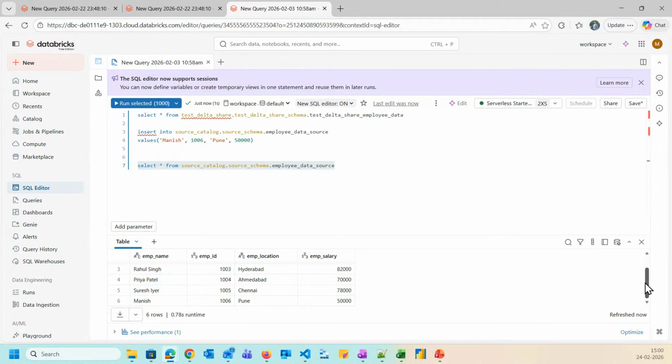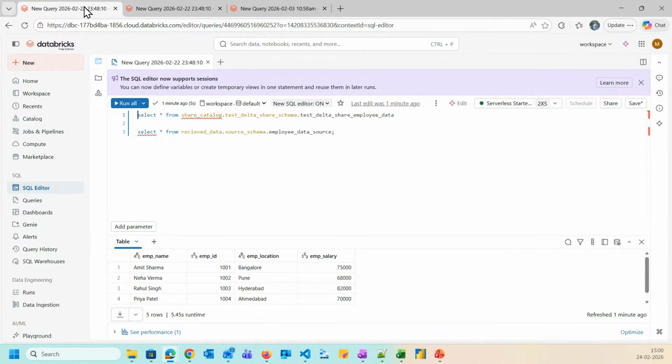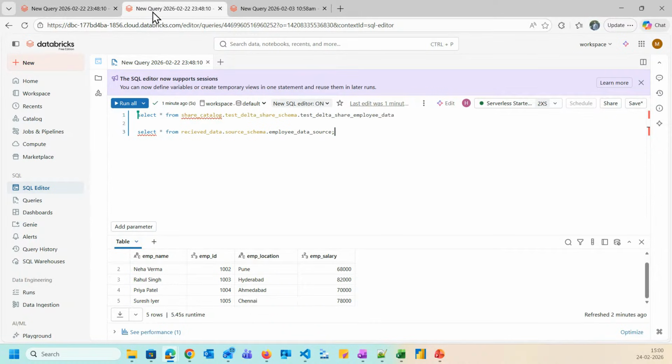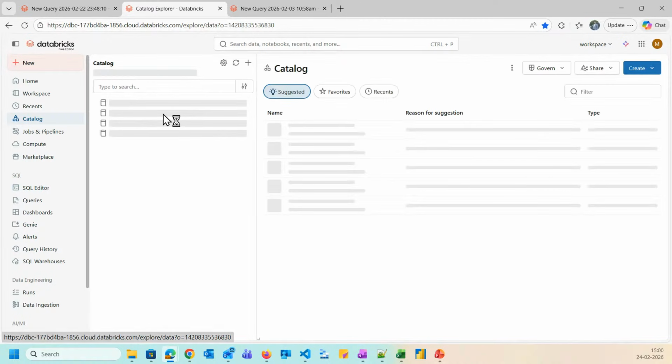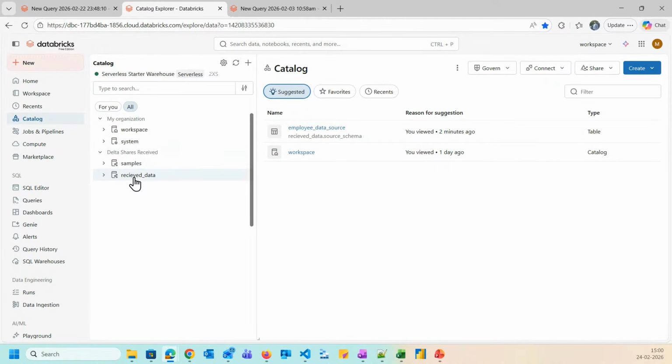In both tables, we had 5 records. Now I have added one record in our source table, and I want to check what the effect is. Will it be reflected here or not? This is our received catalog where we have received the data. I'm going to check if that record is reflecting here or not.